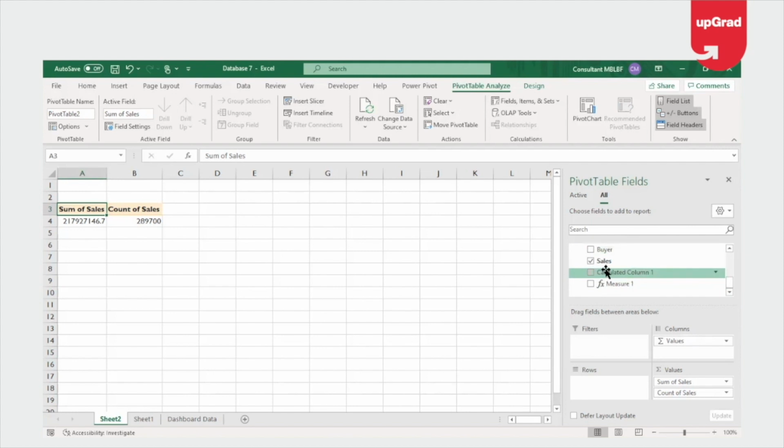So now this measure 1, I can use it in any other pivot table as well. I'm not restricted to use this particular measure, which is the FX measure. FX means it is a calculated column, or this is the function, or this is the calculated field that we have done through the Power Pivot. So whenever you see an FX in front of your measure name, you will identify that this is something that you have calculated through the Power Pivot, and this is the explicit measure which you can use in any other pivot table as well.